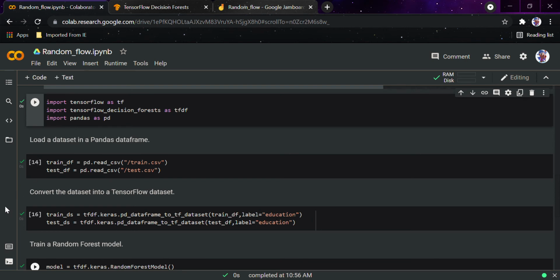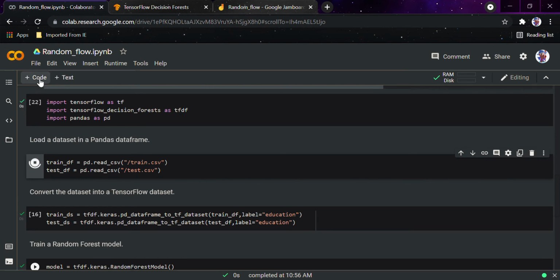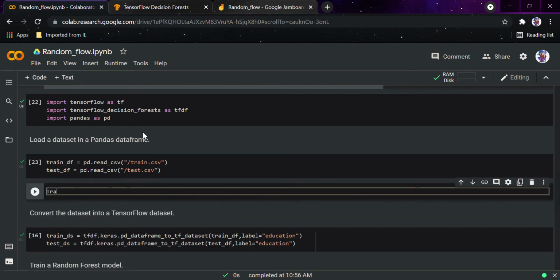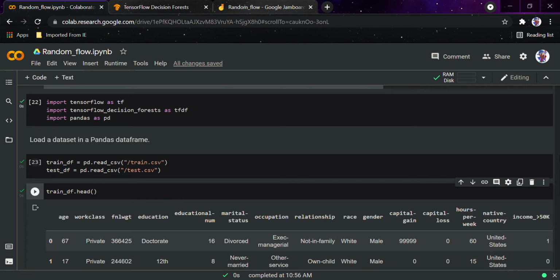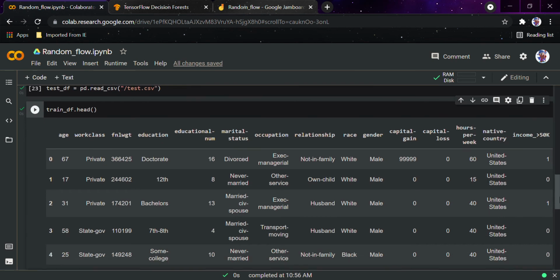Now what I would do is train_df like this. And if you want, you can even check how the dataset looks. This is a dataset that I took from a Kaggle website, and you can see how the dataset looks.